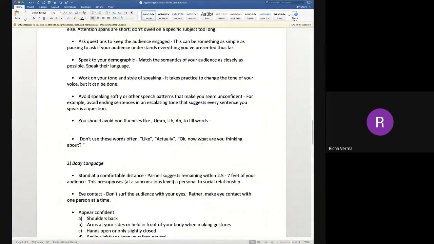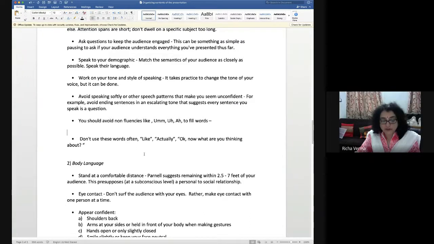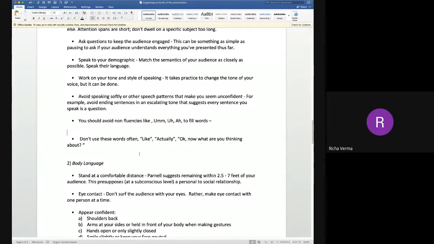So now, I mean, there are these kinds of words too. What are you thinking about? Do you understand? You repeat such sentences again and again. So you should be very aware that these types of words should not come into your sentences quite often. If they come sometimes, that is fine, but not quite often, so that people do not think that you are trying to fill in the blanks when you are trying to recall words which are not coming into your mind.